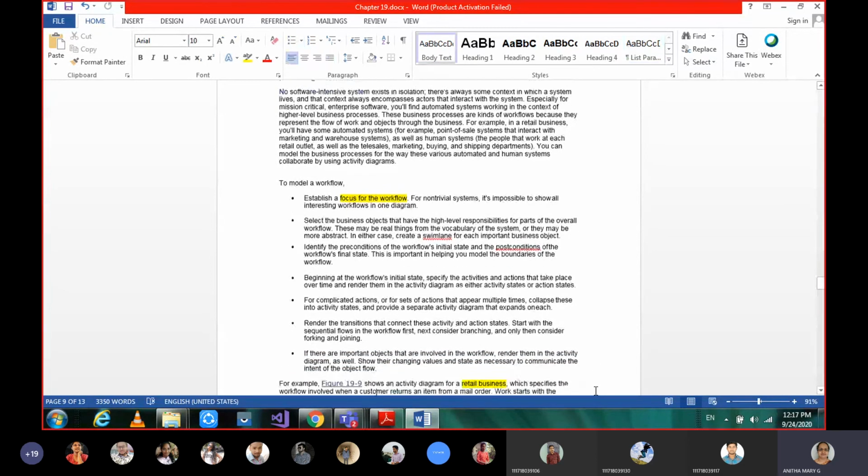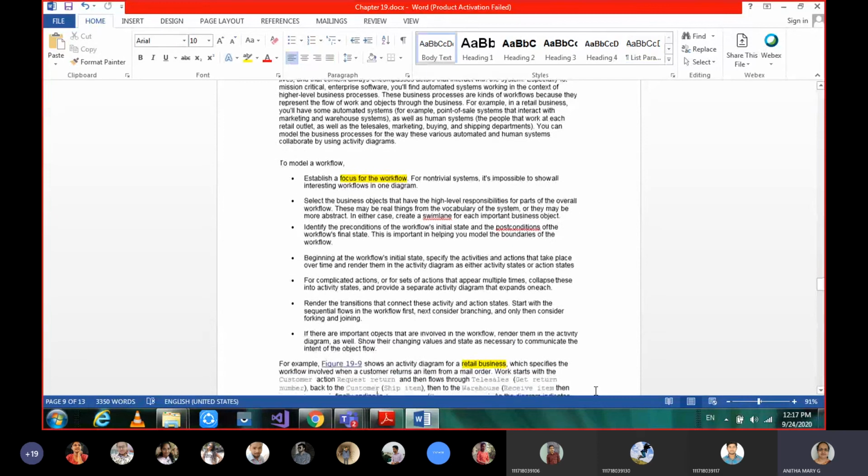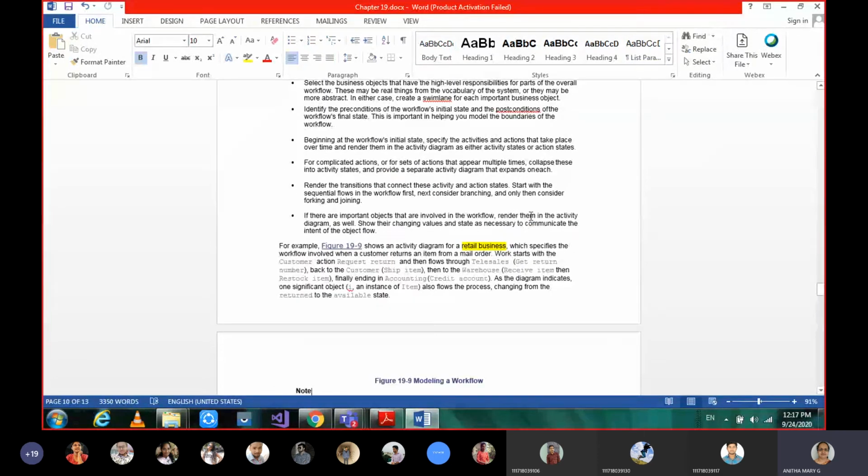Then the initial and final states. And if it is a business process, we'll concentrate on the swim lanes, and once the swim lanes are done, any object flow we need to show for that flow control. So all the things can be taken care of. Those are the preliminary things we have to do before drawing the diagram.